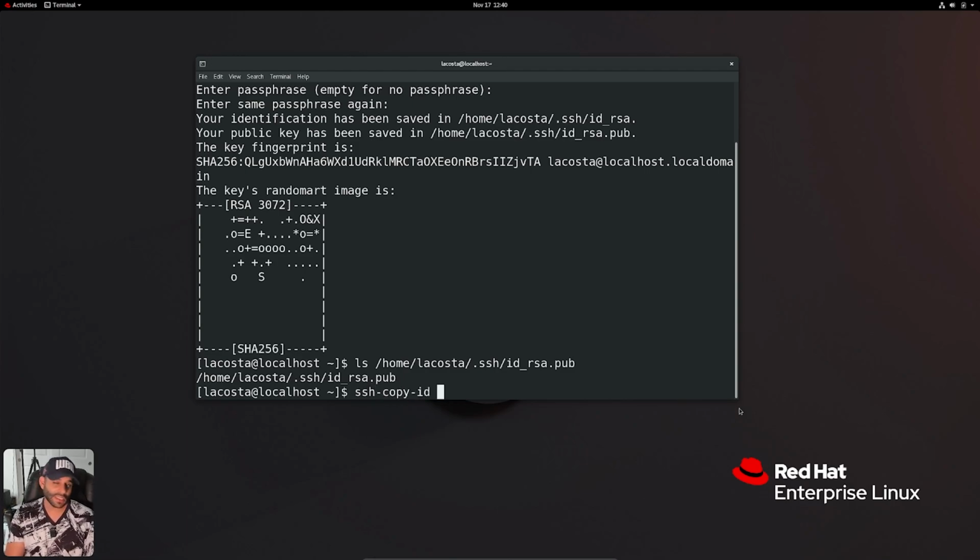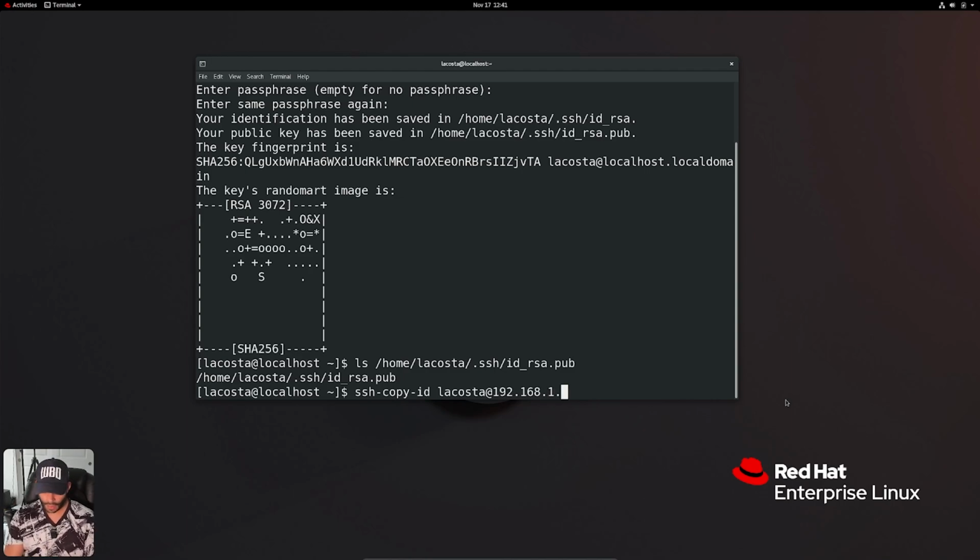ssh-copy-id. So let's reiterate that full command. So it's ssh-copy-id. And then now we're supposed to give it the username. So it's going to be the username of the server. My server and my local machine, meaning the client, they both have El Acosta as the username. So don't get confused with that. Make sure you understand what the username is for both machines. So I'm going to say El Acosta at, and now we use the IP address of the server. So if you recall, that was